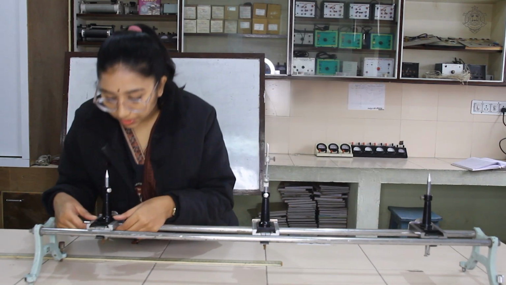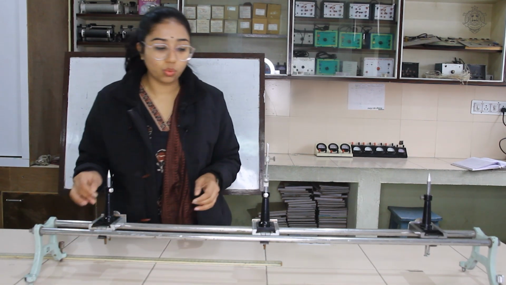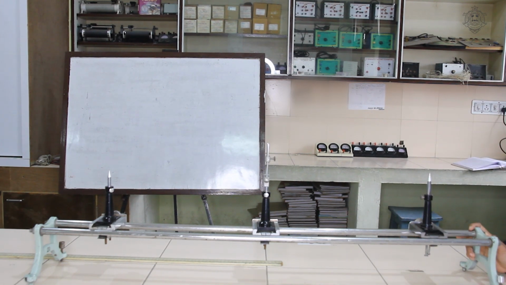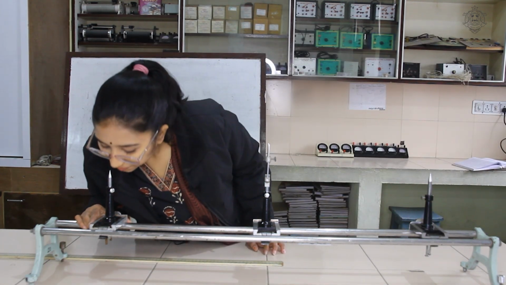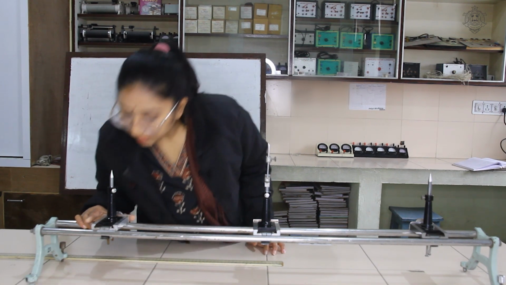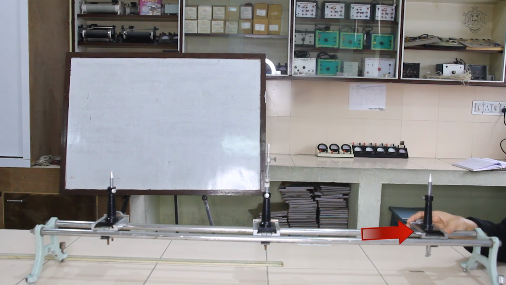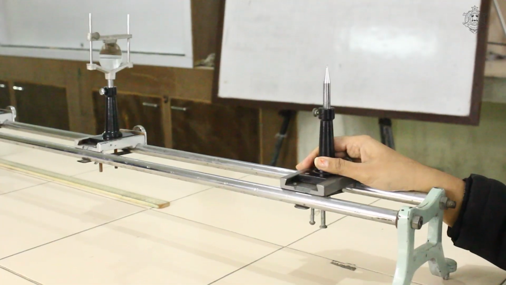Now you can shift the object needle by 1, that is you can make it 10.1, and then again the parallax error has arisen, and just make it 10.2. Then the parallax error has come again, so you can shift the image needle by dragging it again and remove your parallax error.